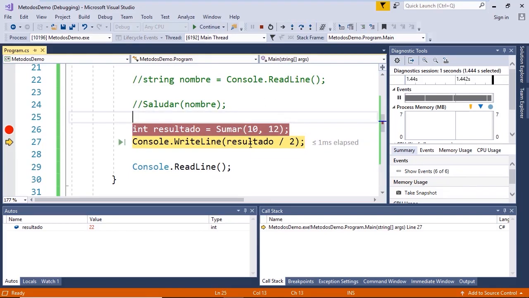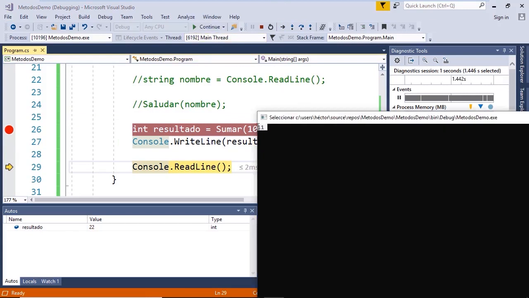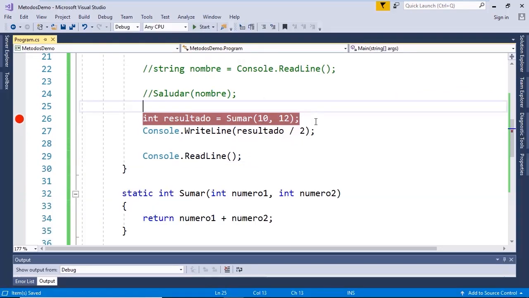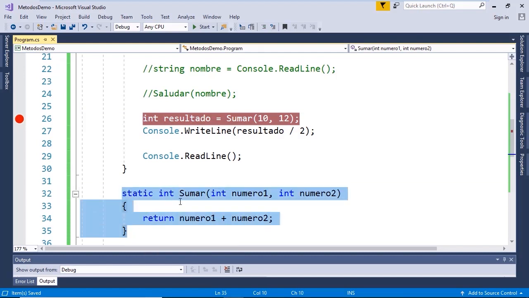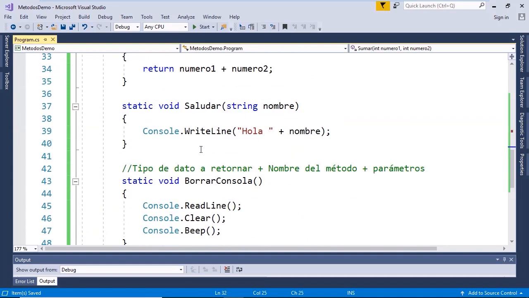Finally, we carry out the operation of division result over 2. We return to the app and see that we are successfully printing the number 11. This is how we can carry the return of information from one method to another place to work with that information within our application. I say this because you could use, for example, this add method from some of the